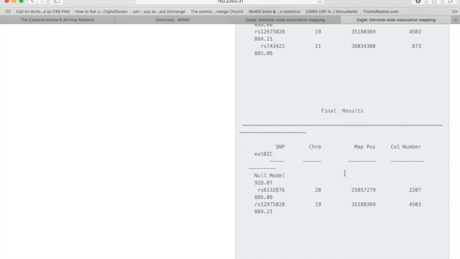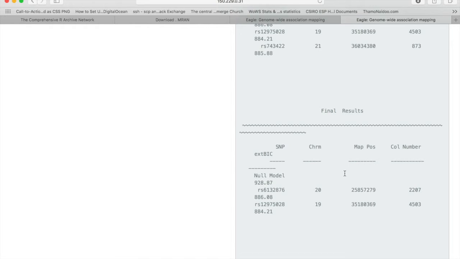We've done away with all of that through the methodology that we have implemented within Eagle. All we do is give you what matters most to you, and that is you want to know which positions on the genome are closest to the genes that influence the trait. That's the ultimate question that you should be trying to answer with any type of analysis. So what Eagle does is give you those SNPs that are closest to those genes, and it